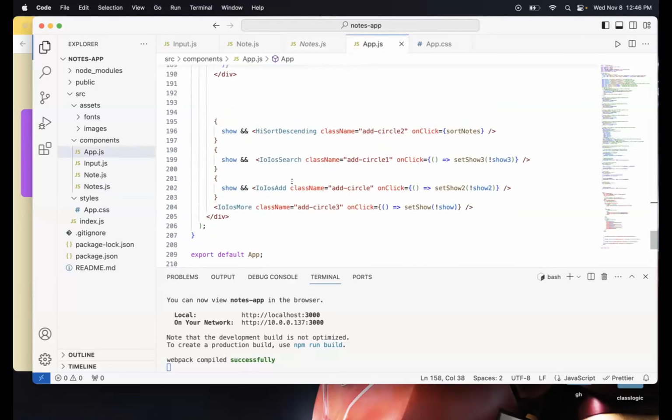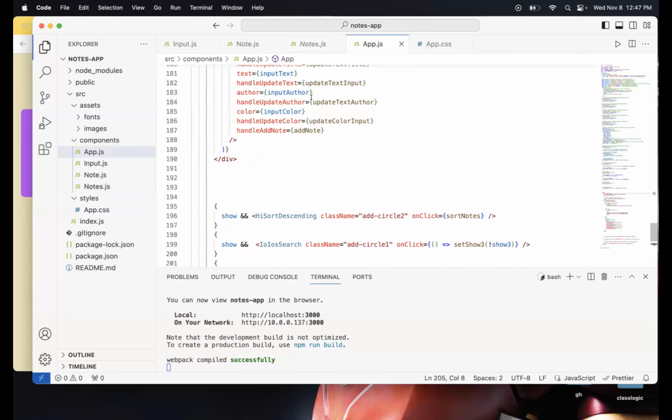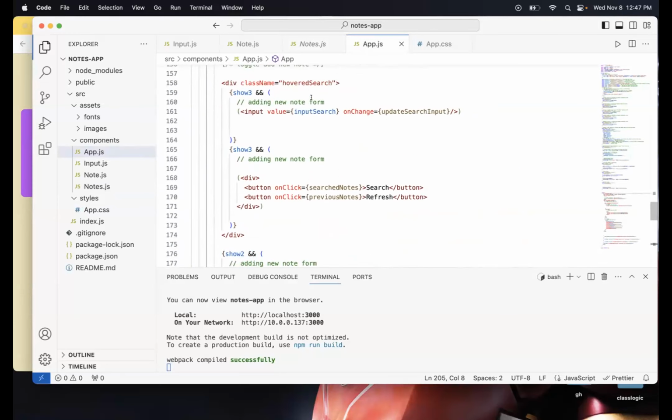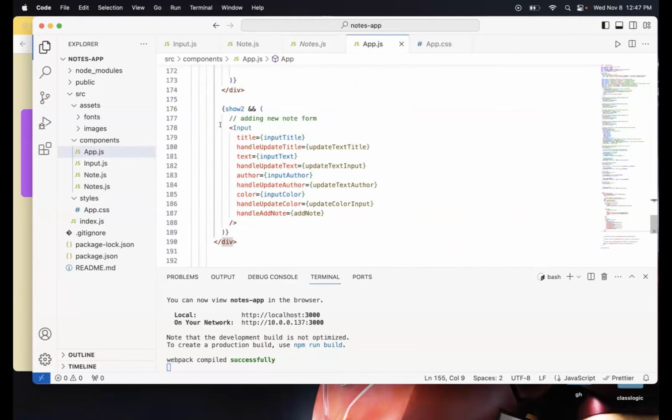So for the buttons, let me put all of this. Okay, all the buttons are here. So it's inside hidden div, I guess.